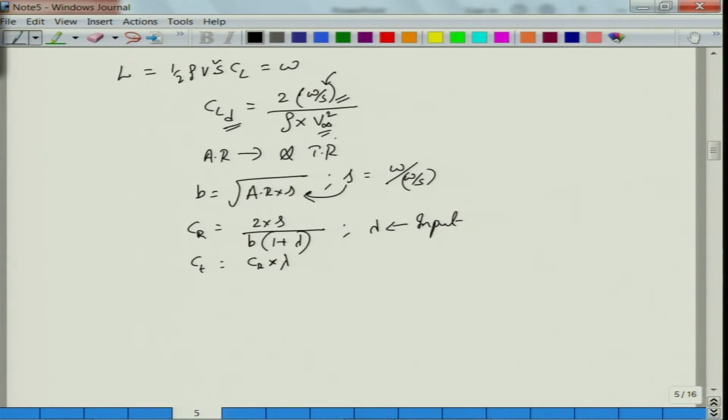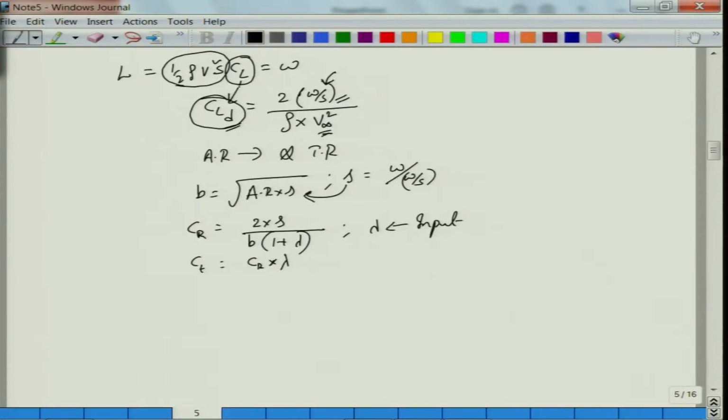But CL design ideally depends on... the planform area governs the total force here, isn't it, but the cross sectional properties govern this particular CL. We need a certain CL design for a given wing planform area and weight of the UAV, which more or less depends on the wing loading, and this CL design is governed by the cross sectional properties of the wing. The force is governed by S, the planform lifting area, and with that lifting area and the dynamic pressure, you now have the CL value.